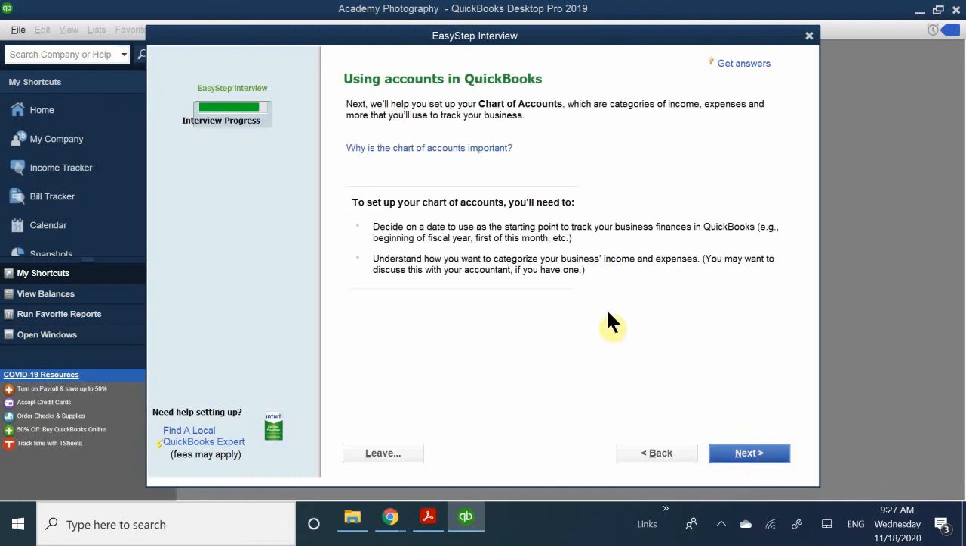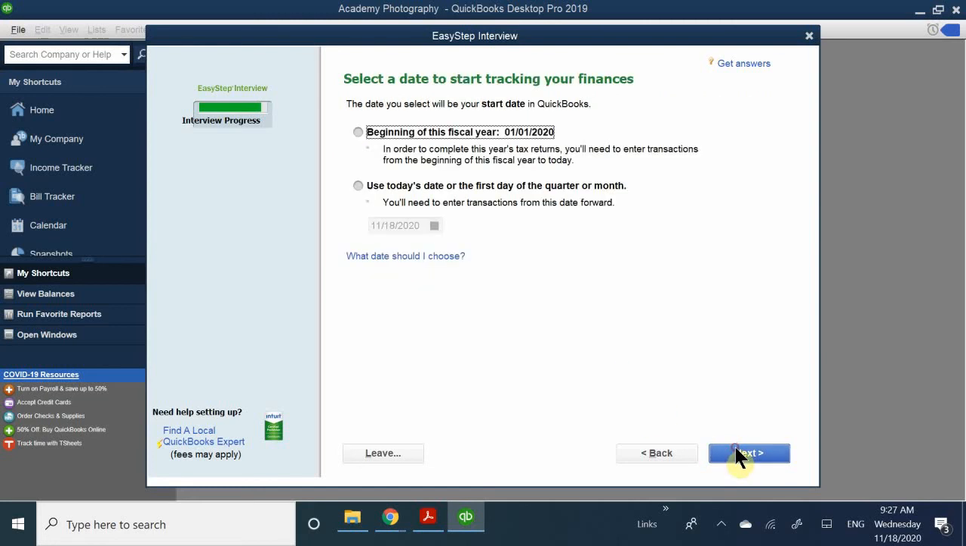And then the next question is now going to say, using the accounts in QuickBooks. Okay, so this is where we're going to start building a generic chart of accounts, by using the industry that we belong to. So we selected that we belong to art, writing, and photography. So when we actually start building our chart of accounts, which is going to be the next part,